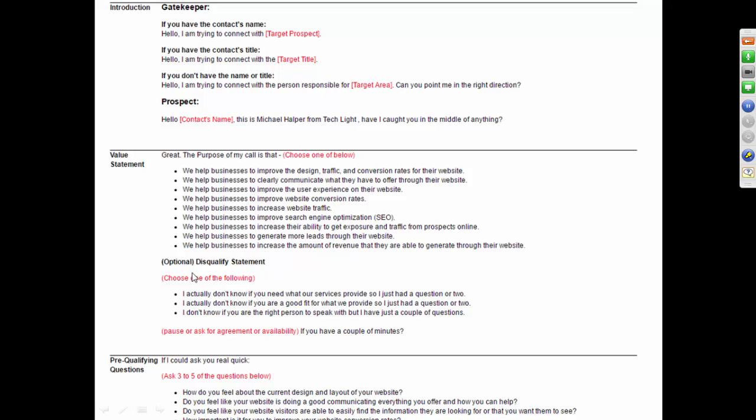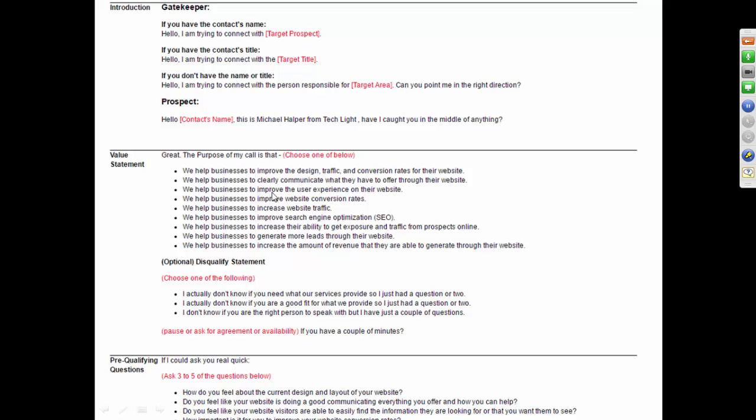So here's another thing that is a very consultative selling approach. I told you that a product salesperson assumes that the prospect needs what they have. So this is where you might hear someone say, oh, I have something, you've got to take a look at it, you're going to love it, right? That's what product selling does. Consultative selling does the opposite. It's going to question whether or not the prospect needs what you have to offer, and we do that through what we call a disqualify statement.